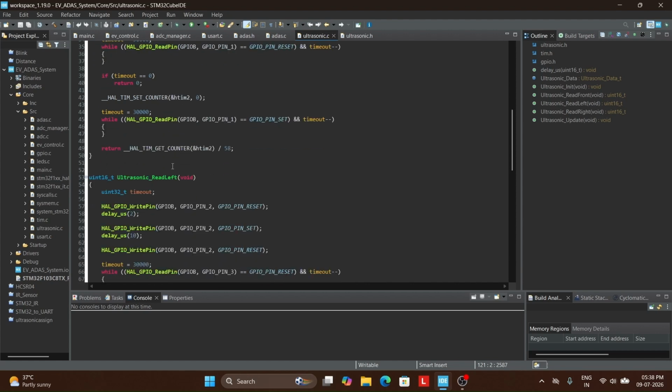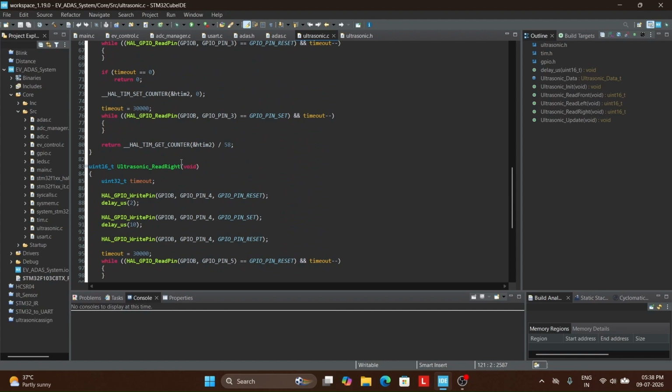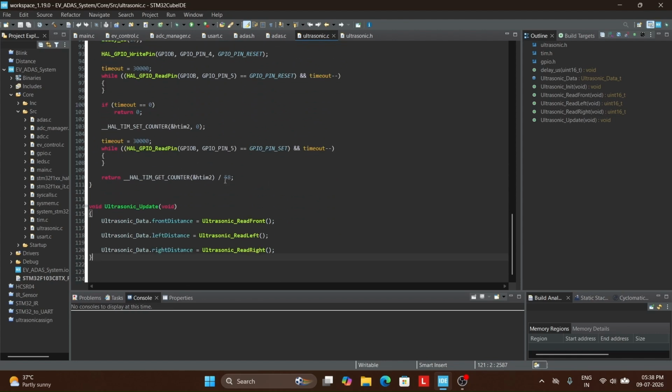That is what's given here. Then the same procedure is done for the left and the right sensors. Then the ultrasonic update function updates the latest obstacle distances,